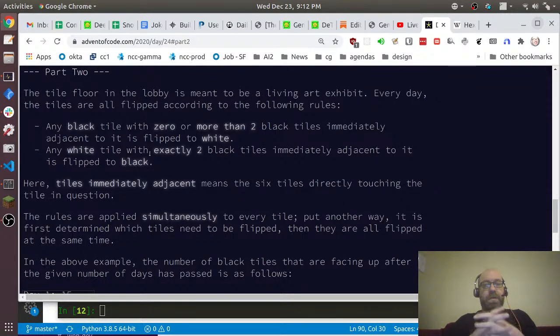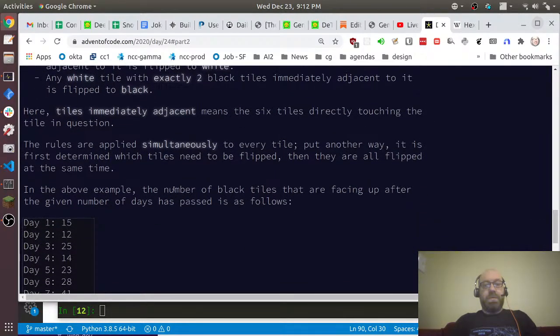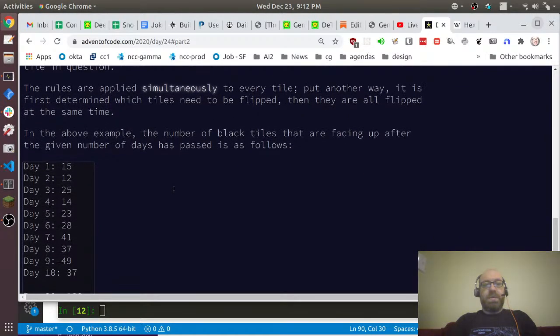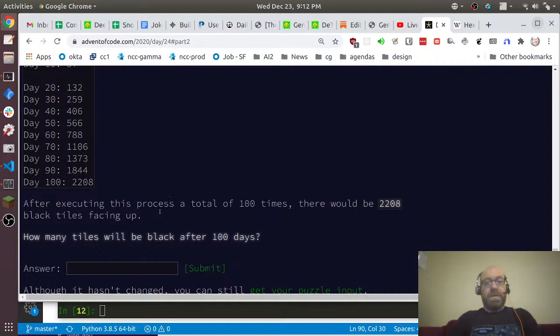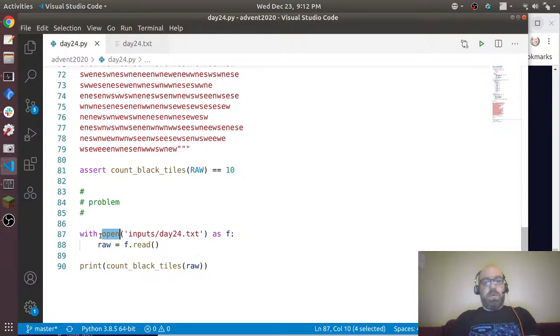Tile floor is meant to be a living art exhibit. Every day the tiles are flipped according to the following rules. Any black tile with 0 or more than 2 black tiles immediately adjacent to it is flipped to white. Any white tile with exactly 2 black tiles is flipped to black. Here, tiles immediately adjacent means 6 tiles. Rules apply simultaneously to every tile. Put another way, it is first determined which tiles need to be flipped, then they're all flipped at the same time. For example, given the number of black tiles as follows. Executing that 100 times, how many tiles will be black after 100 days? Okay, so